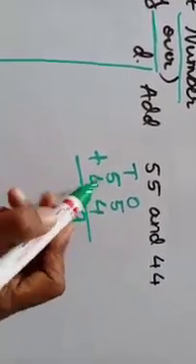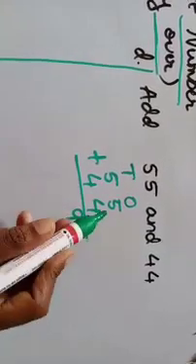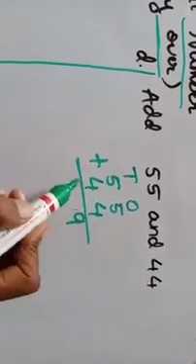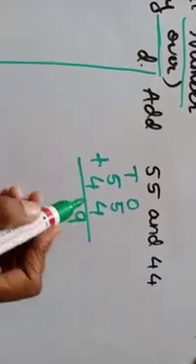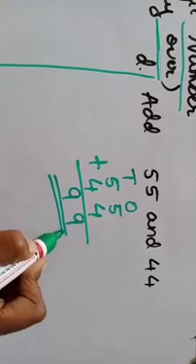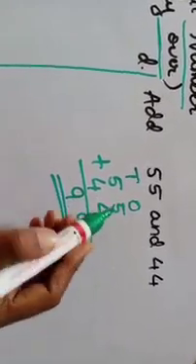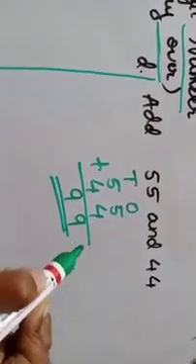Again the same thing. 5 plus 4. So already we have counted the number here. What did we get? 9. 5 is in the mind, 4 in the hand. 5 after 6, 7, 8, 9. So what answer did we get here, children? 9. You have to write the answer exactly below the number. Got it? So 55 and 44 is equal to 99.